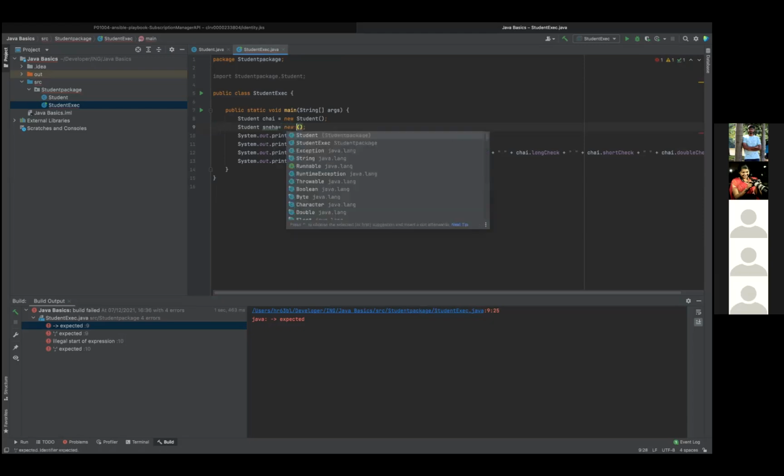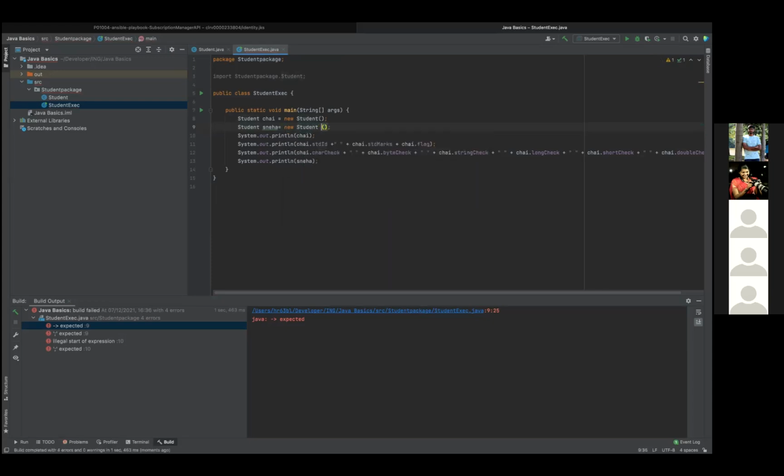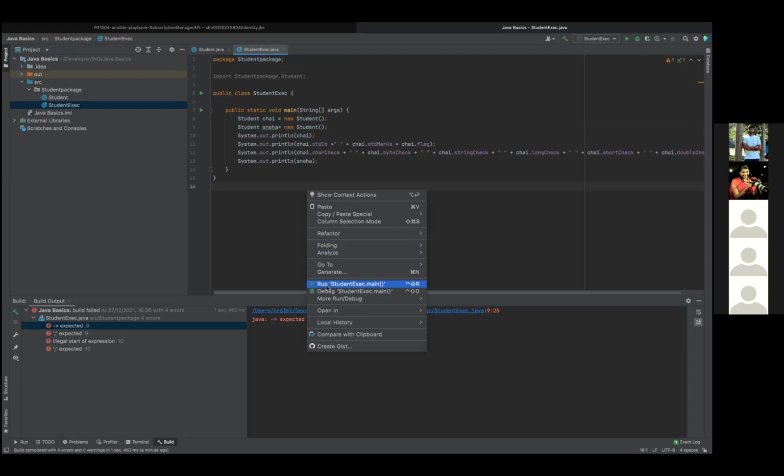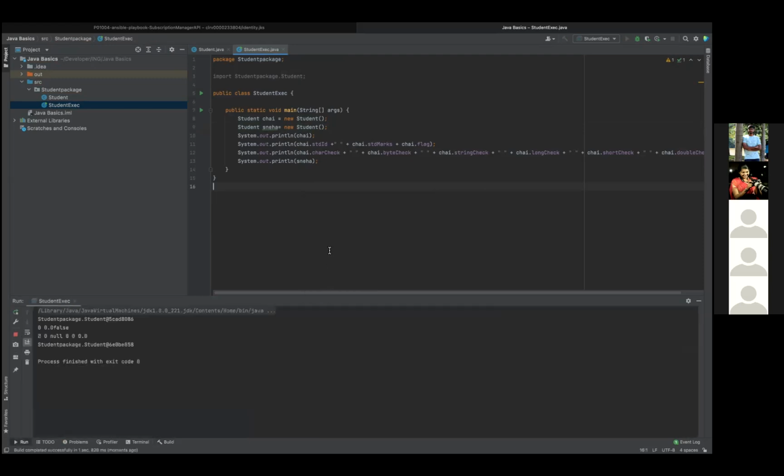Sneha, for string, null is the default value, and for character also it is showing something like 0 only. So all your defaulted values will be from your system. So can you execute now again, Chaitanya? Even for character, it is 0. Yes. So all your values like double, float, only for double and float, you'll have it with precision. And for all the rest except your Boolean flag, you will see all the values defaulted with 0. Because character internally takes only an integer value, which is the ASCII code. So that is why it is also defaulted with 0.